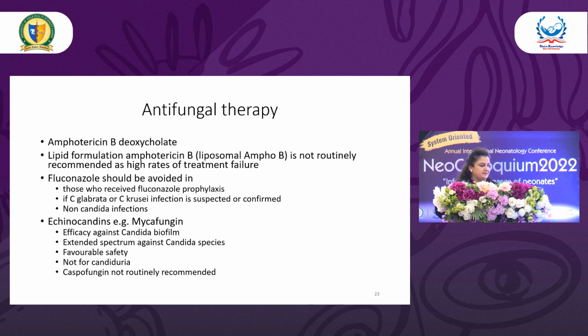So amphotericin B deoxycholate. There are two types of amphotericin: amphotericin B, which is the commonly available amphotericin, and liposomal amphotericin B. Liposomal amphotericin B has consistently been shown to have more treatment failure when given to newborns with invasive fungal infections. So what is recommended is amphotericin B deoxycholate, and fluconazole should be avoided specifically in those who have received fluconazole prophylaxis and those who have glabrata and krusei infection or where you are suspecting it, and